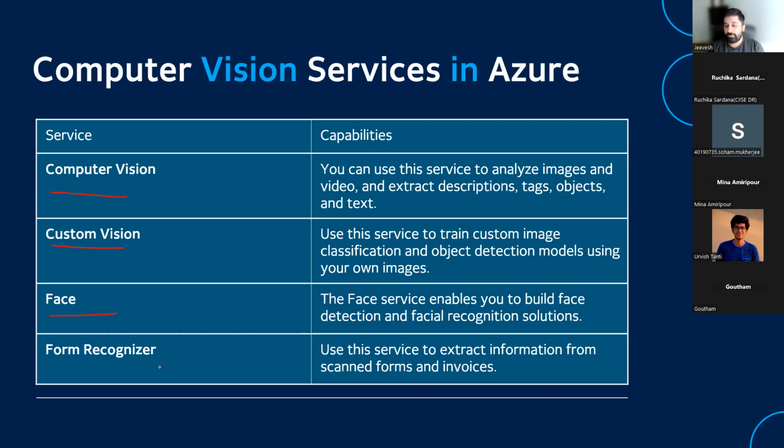So for areas where we still have some paperwork going on and we want to digitize them, you could be using a Form Recognizer service. So for some government agencies, for some processes which are not online, and you want to have the data in a central location, you could be using Form Recognizer. A very good example of this could be, let's say if you want to file your taxes, you could do them online, or you could do it by paper. So when you do it by paper, they need a way to capture the information that you have written over there, right? So when they want to do it, a possible use case could be using something like Form Recognizer to extract data out of a form and then use it.